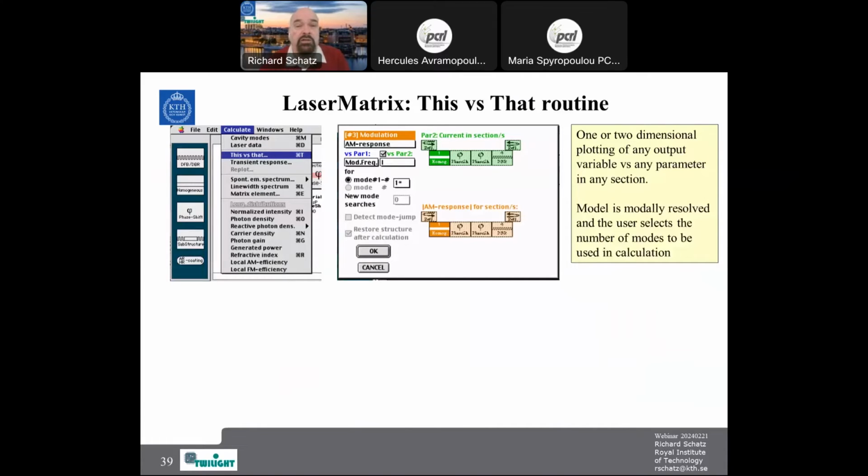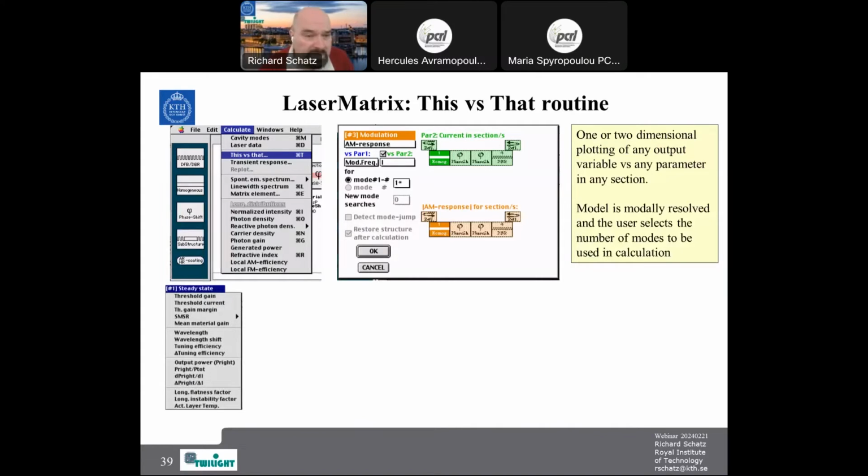The most important routine in LaserMatrix is this, versus that. That makes it possible to change any parameter, either material parameter or section parameter, and then calculate how the output of a laser will behave. So as output, you can either have static steady-state characteristics like the threshold gain or the threshold current or the wavelength of the laser or the output power of the laser,